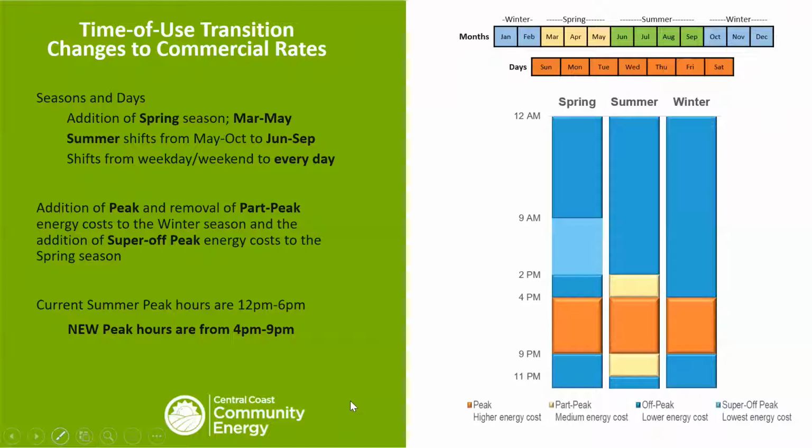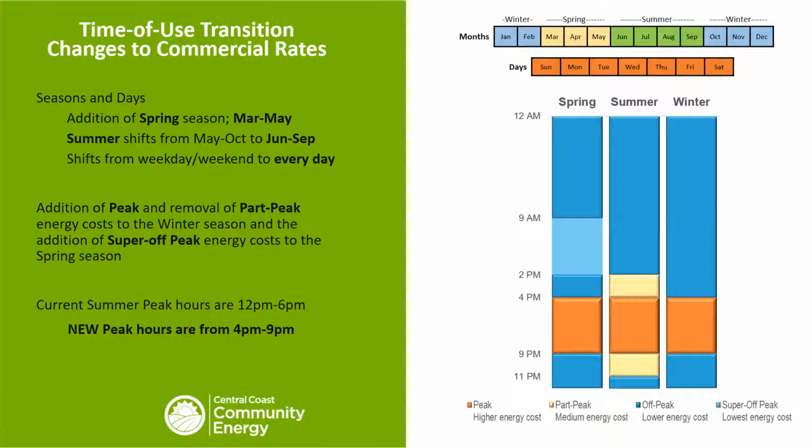But PG&E has actually gone and changed their time of use to make it a little more simple. Actually, what they've said is that they're going to add a springtime and change some of their summer and some of their winter periods. One of the reasons we're seeing this change is a change in the California market, because there's so much solar and renewable energy coming on. We're starting to see changes in hourly pricing, and so PG&E is changing their time of use to reflect that, and 3C is then following that.